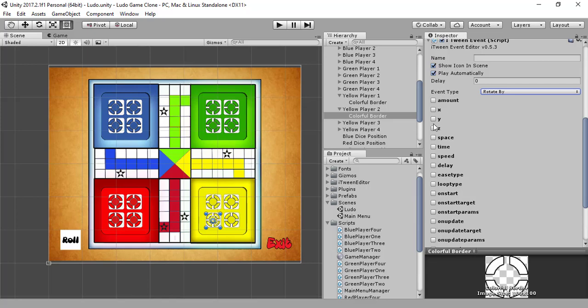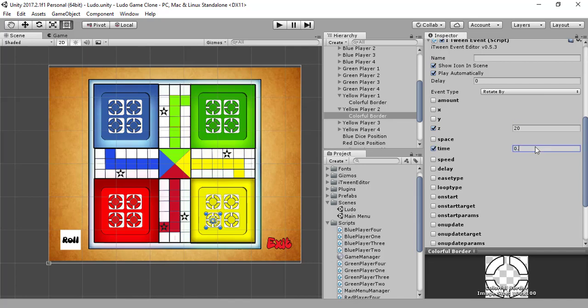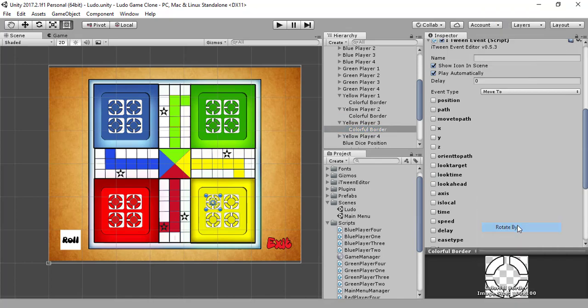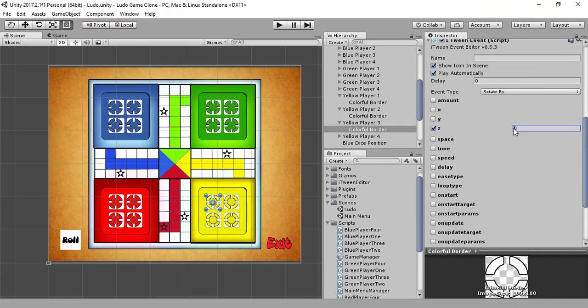Rotate by z and 20. Time should be 0.5. Speed 120. Is type should be a linear loop. So it's done. So now let's do the same thing for this and Z, and it should be